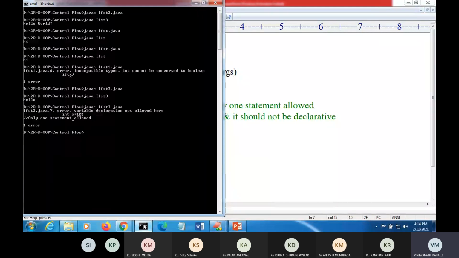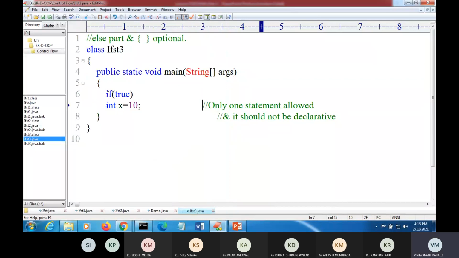Declaration not allowed here. So you can read the variable declaration error: declaration not allowed here, only the statement allowed. Okay, so we can write only one statement without curly braces below this if, but that should not be a declarative statement. So that is the point here.